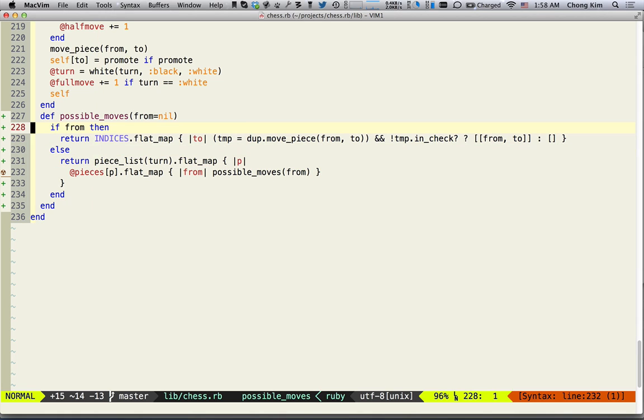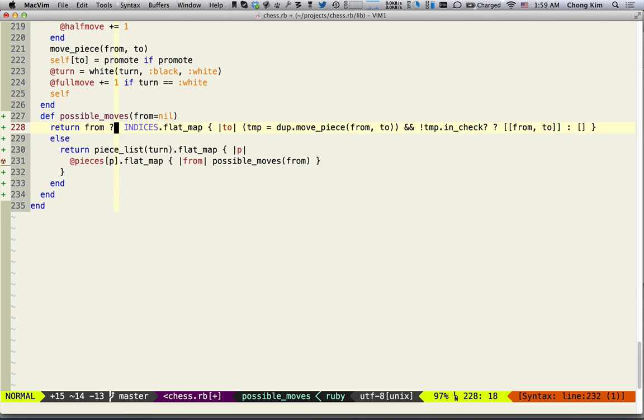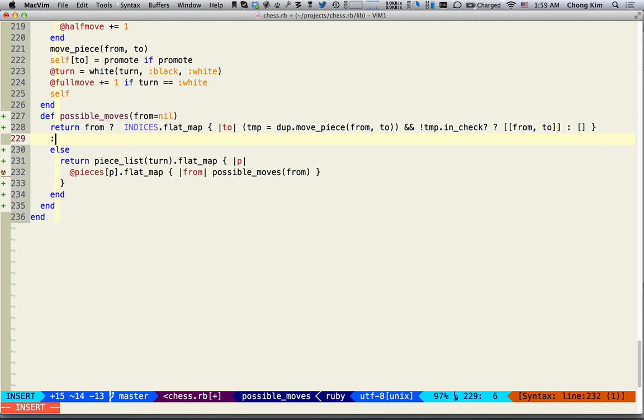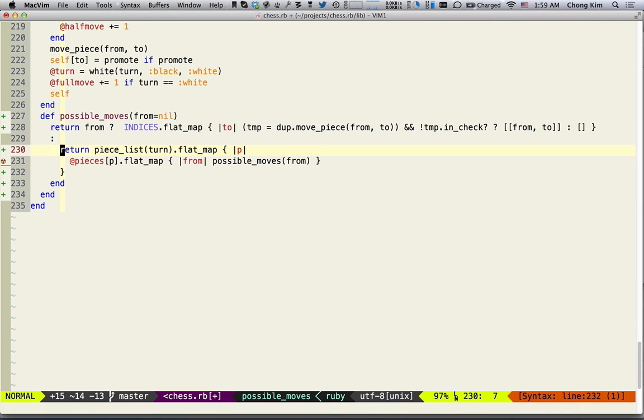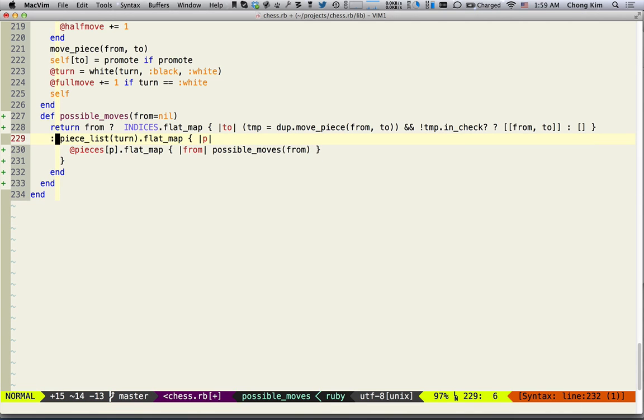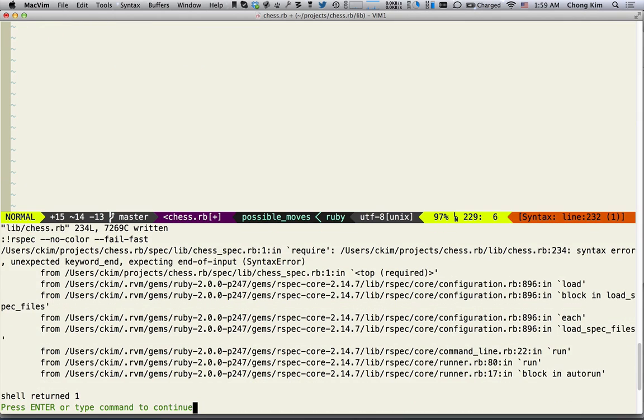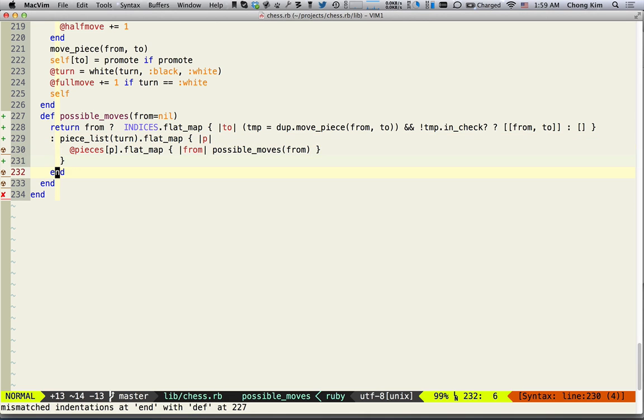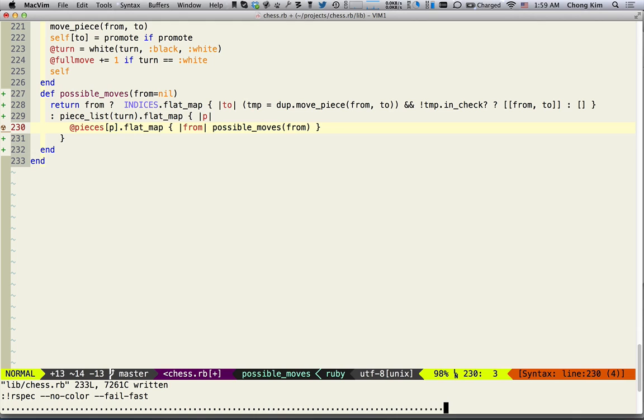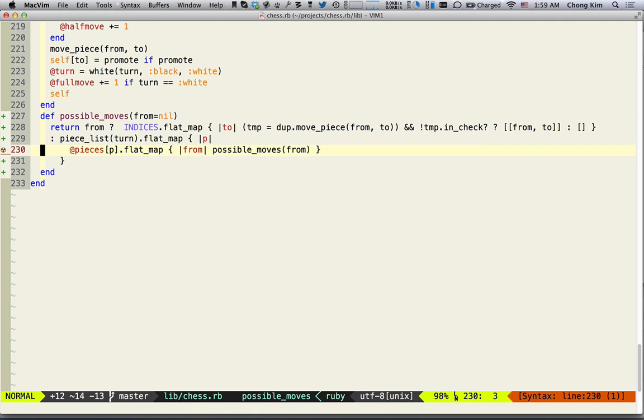So we could just have one return over here. Factor out the return. And because of this if, we can just turn that into a question mark and take away this, and we have that. And otherwise, we have this. So let's see if this works. Unexpected keyword end, so we have an extra end in here. Huh. Okay, so this works as well. All right, so I don't know if this is a good thing, but